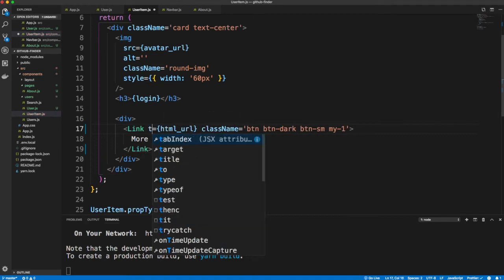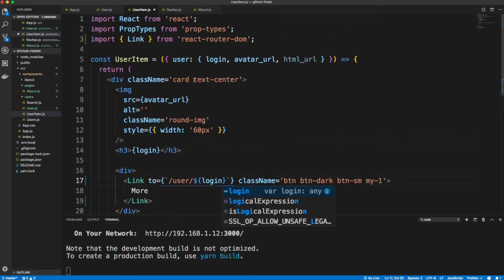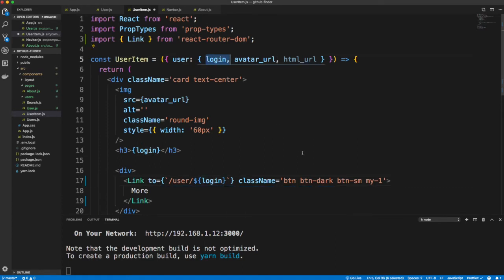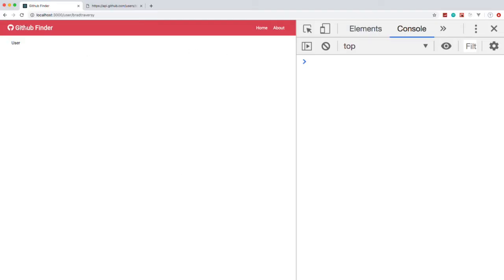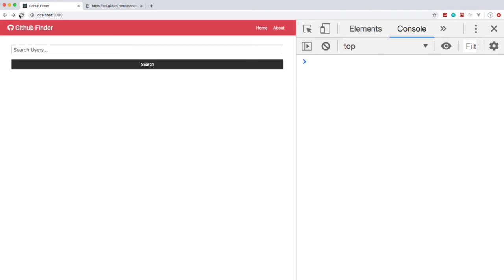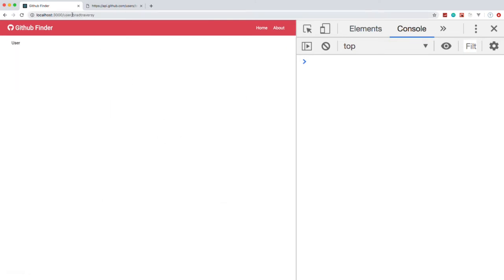Now this is going to be dynamic, so what I'm going to do is add some backticks in here, and we want it to go to /user/ and then whatever the login. So we're going to use this syntax and pass in login, which we pulled out from the user. All right, and I think that should do it. So let's save this. Let's go back to the home page here and search. And if I click on more, it brings us to /user/ and then in this case Brad Traversy,